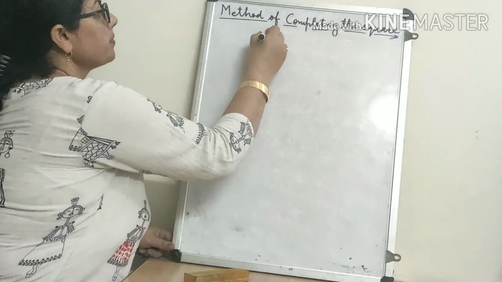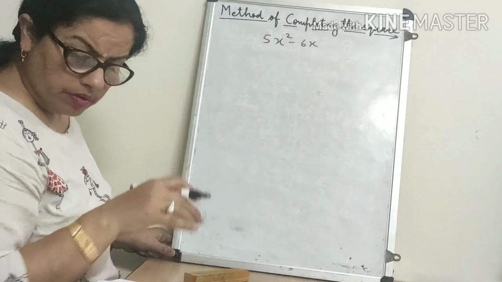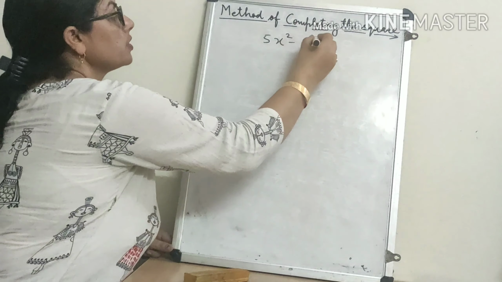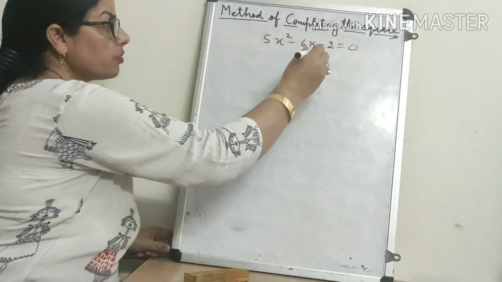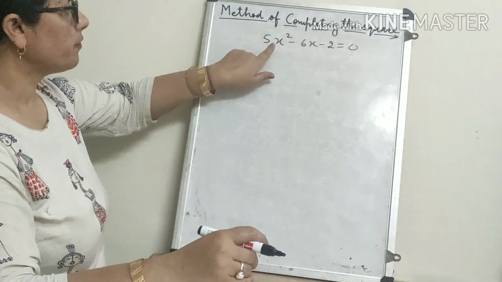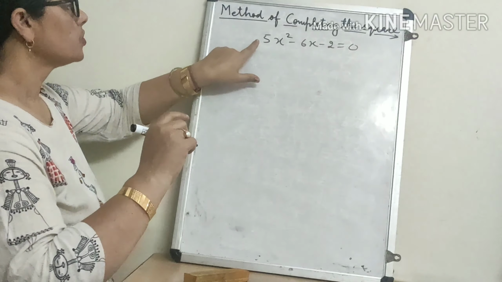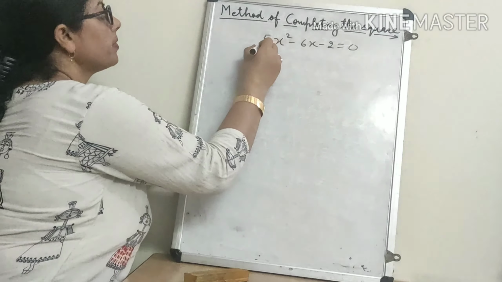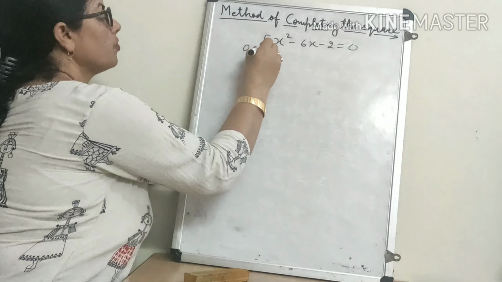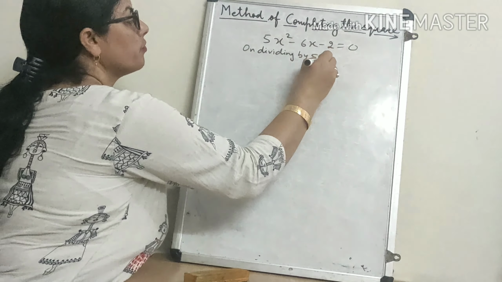5x square minus 6x minus 2 is equal to 0. We want to solve this sum by completing the square. What I told you, the first work is to make the highest degree term unity, means 1. So we will write, on dividing by 5 we get,